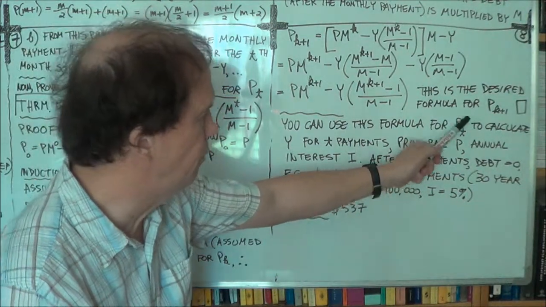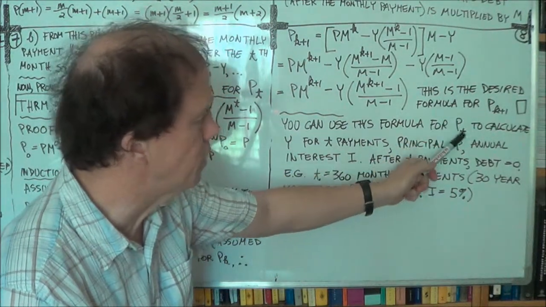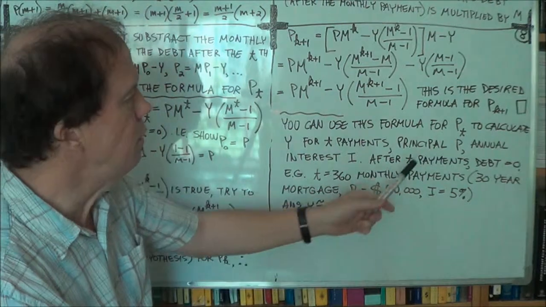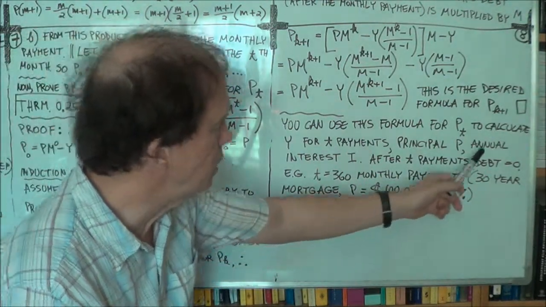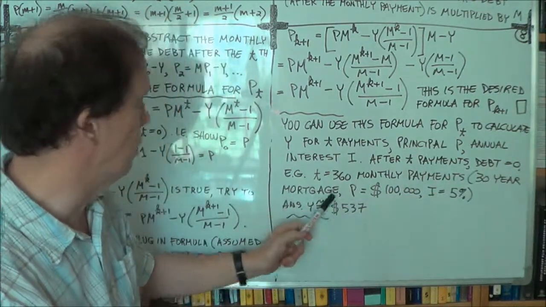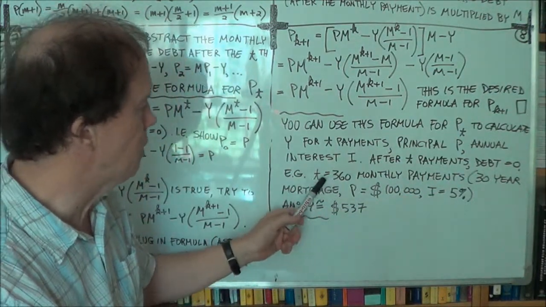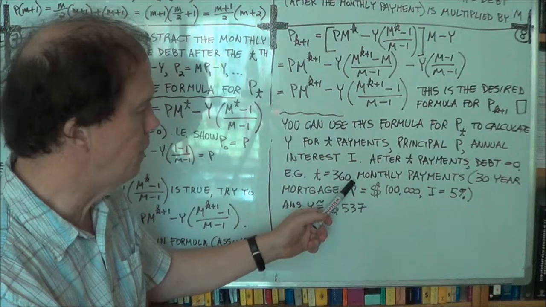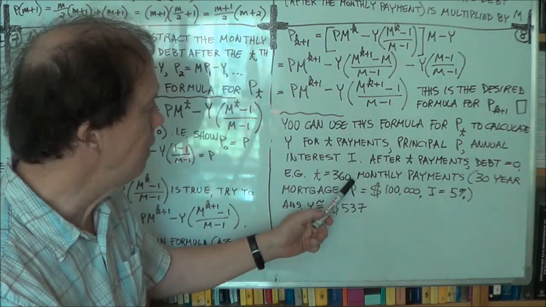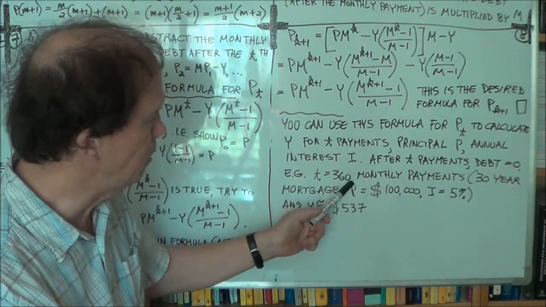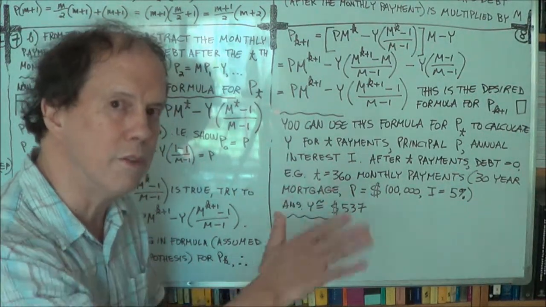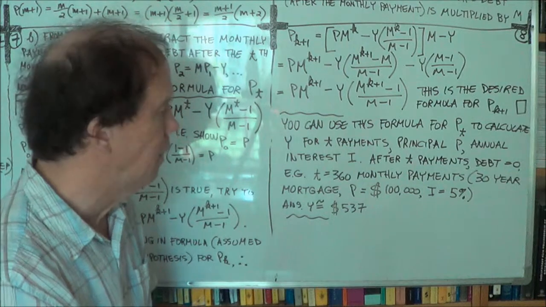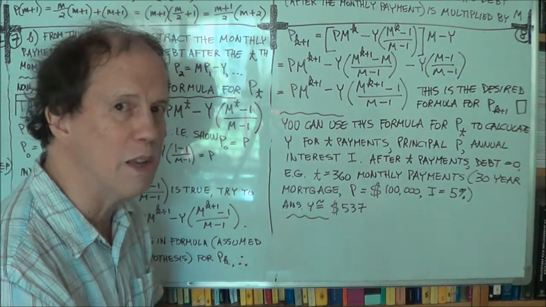So we now have a formula for the debt after T months of payment. Now assume that, let's say you take out a 30-year mortgage, monthly payments, so you make 360 payments, right? And at the end of your 360th payment, your total debt is zero, right? You've paid back the bank hugely